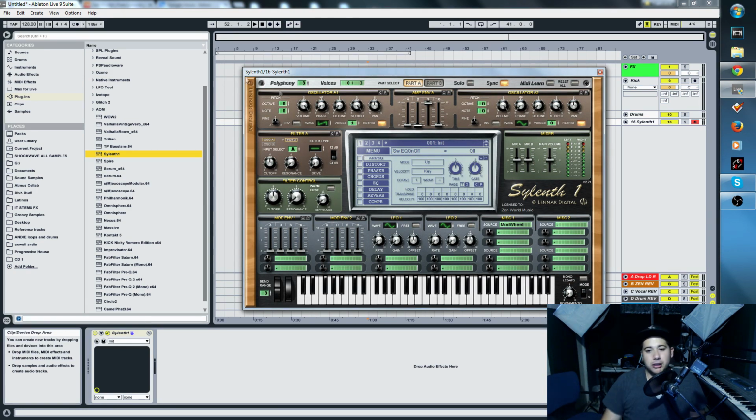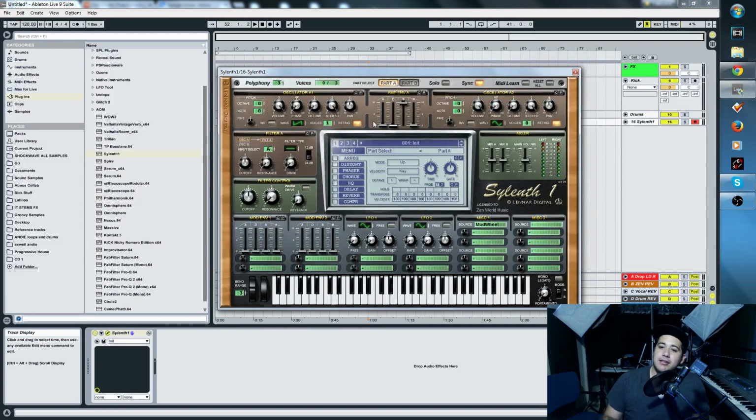to more parameters. Alright guys, so the second thing I would like to see Sylenth1 do is gonna be to update the interface. Now, I'm not trying to bag on the Leonard Digital guys, and I'm entitled to my own